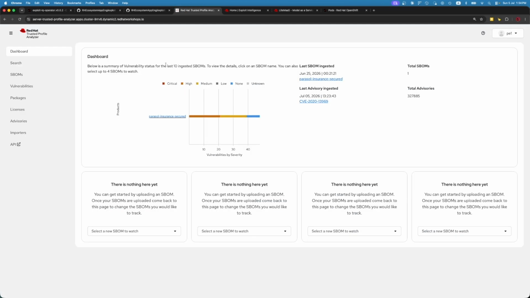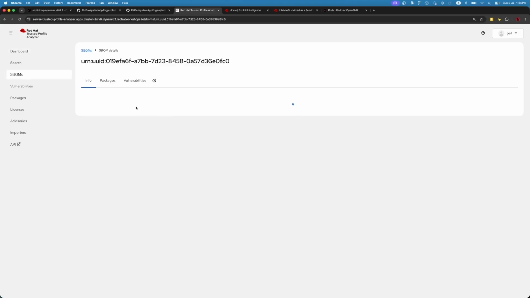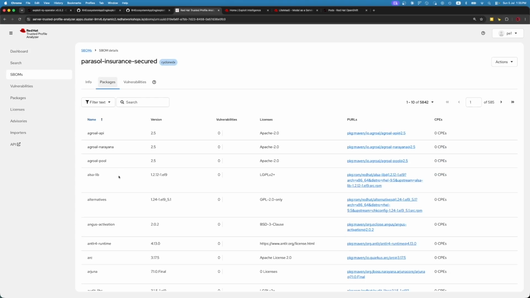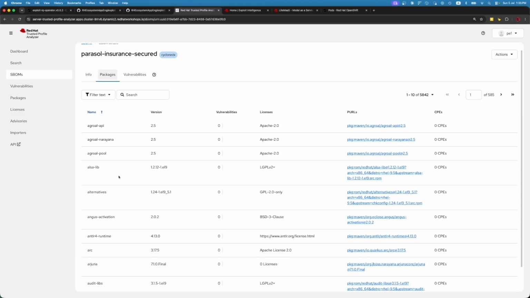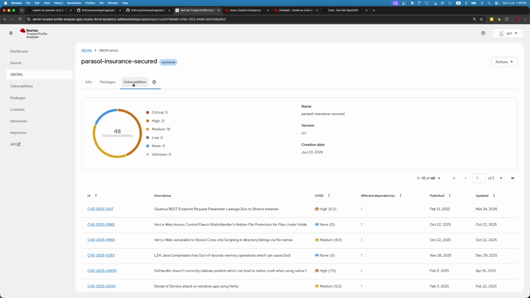We will start off with the actual demo by looking at the Trusted Profile Analyzer. In this case, we have uploaded the SBOM of Parasol Insurance into the Trusted Profile Analyzer. These are all the packages found inside the SBOM, and this is the list of vulnerabilities detected as part of the scanning for this particular SBOM, out of which we can see there are multiple high and